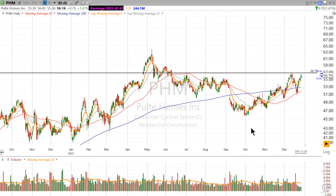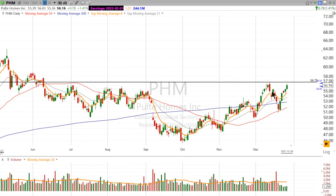I want to take a look at Pulte Homes. This is ticker PHM. And I want to point out a level that I think is pretty darn important on this chart, and that is the 56.75 level. If I go back in time, you can see that back here in June, Pulte Homes